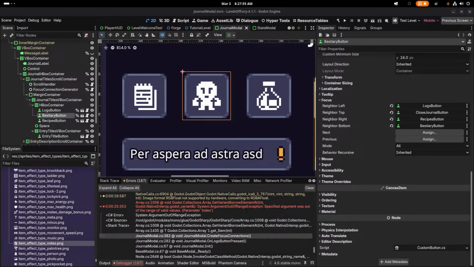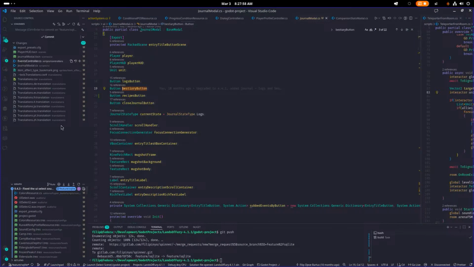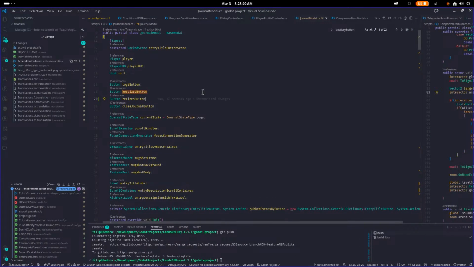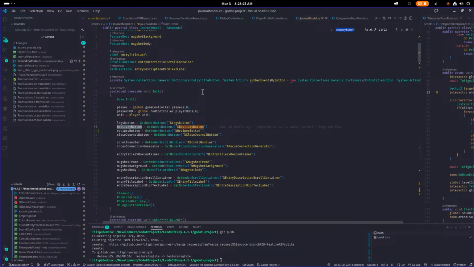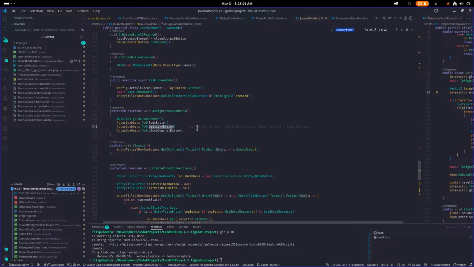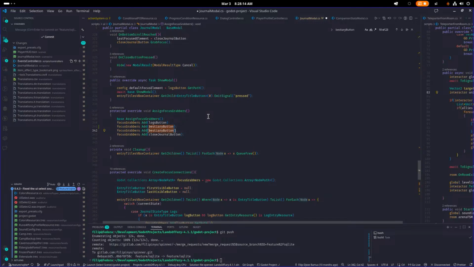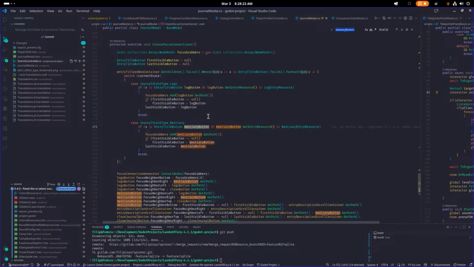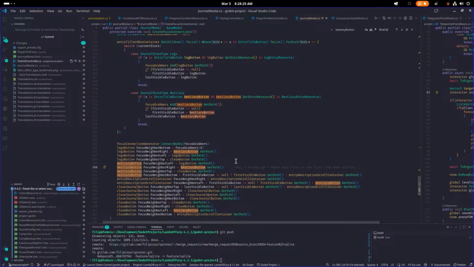Now I start to reference it in the code everywhere else. Bestiary, logs, recipes button, and then here focus right is recipe button, focus neighbor bottom, first visible button,